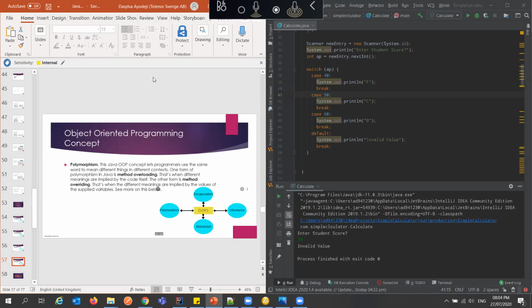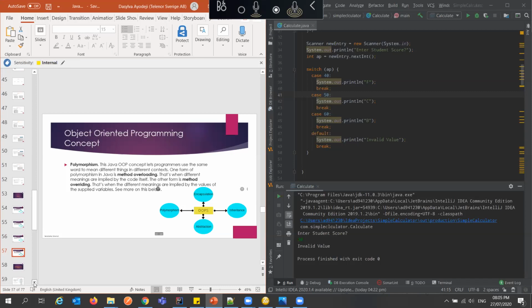There is a concept called method overloading in programming, which really explains polymorphism. That is, someone bearing the same name but can have different parameters. Maybe at home they call me Da Silva or Ayodeji, but when I get to my friends, they call me King Kong or whatever name. So I'm the same person, but I can have different attributes, or I can exist in different forms.